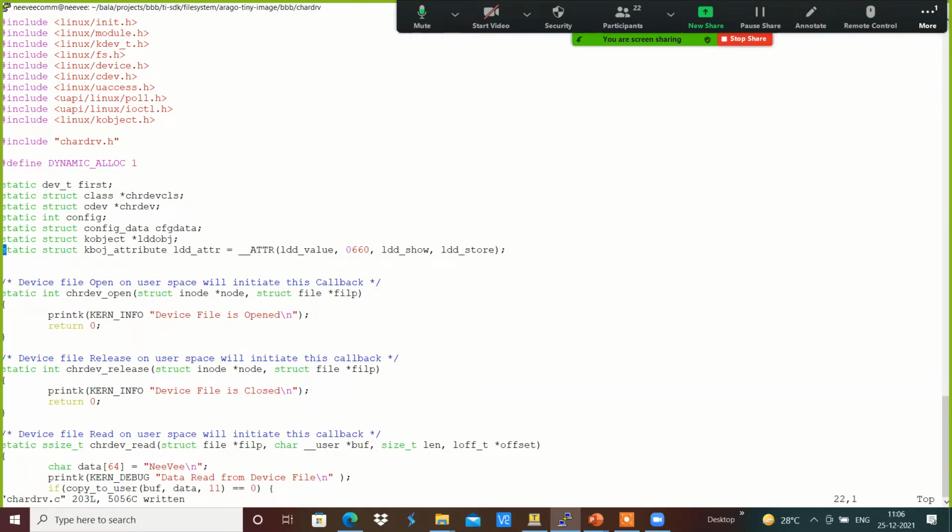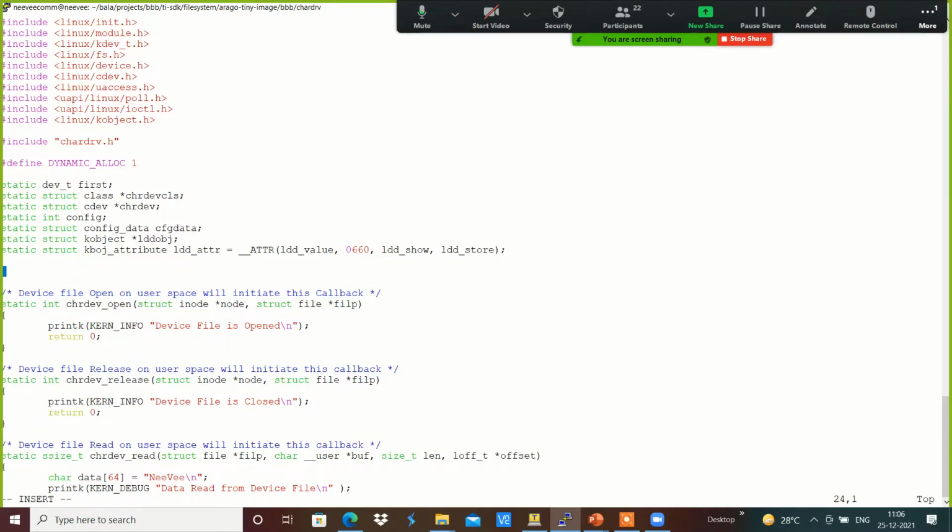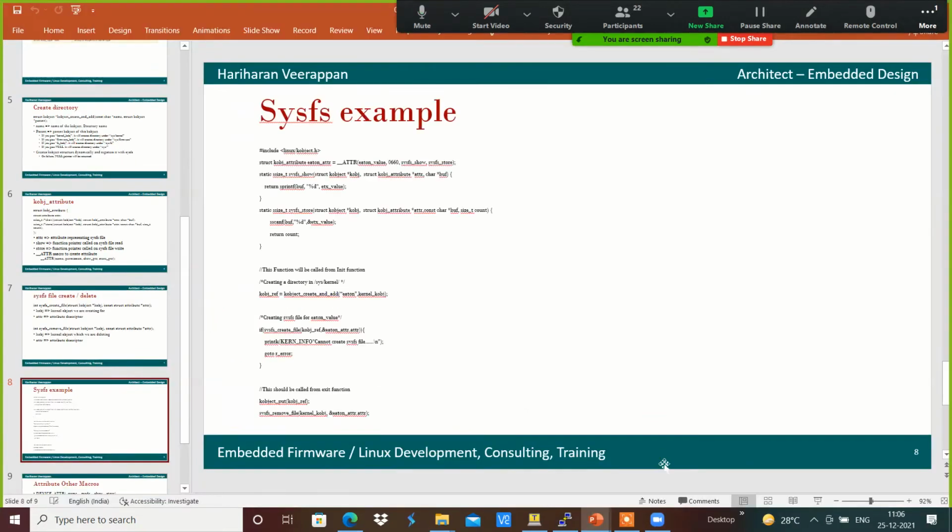and we have the attribute, which is ldd value. To show, this function should be called, and whenever store, then the ldd_store function will be called over here. For that we will be adding a function called sysfs show, which contains a kobject, kobject attribute and char star buffer that will be provided over here.